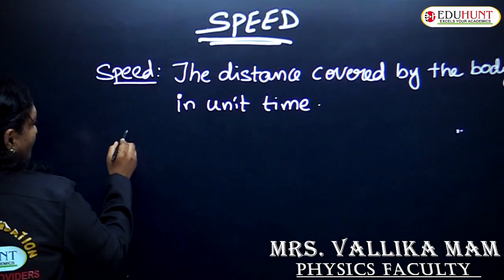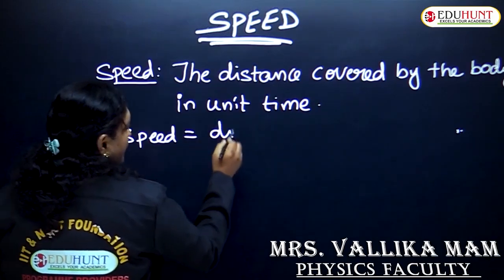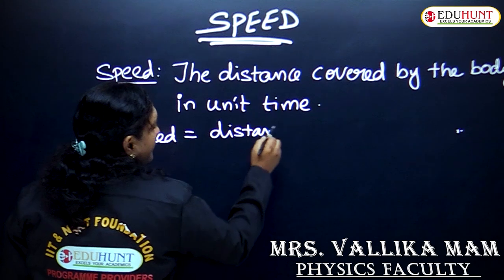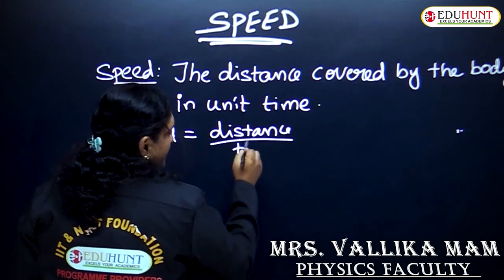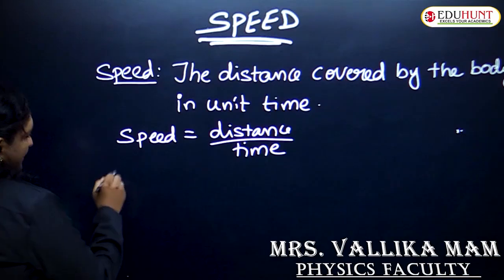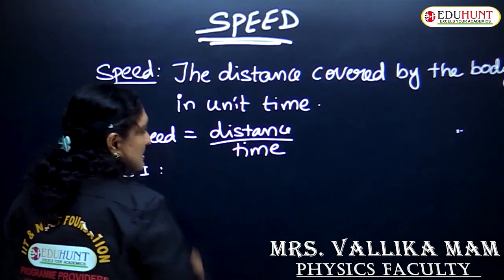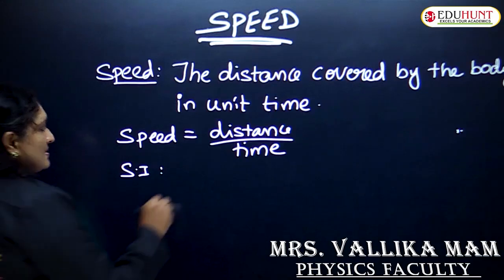And the mathematical form of this is speed is equal to distance by time. That is it. Simple. If you go with the SI unit of speed, distance in SI units is measured in